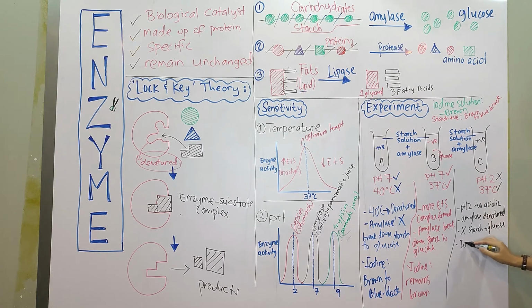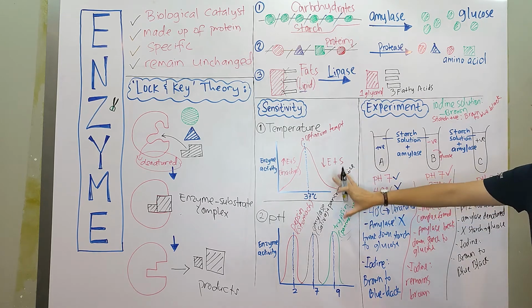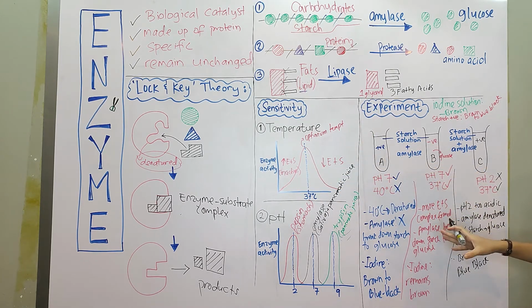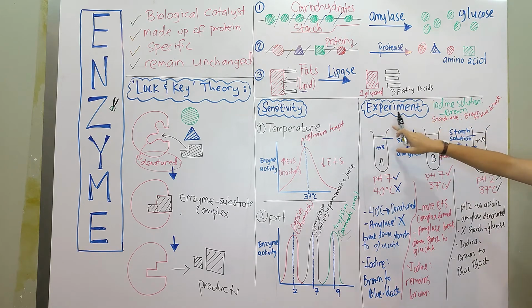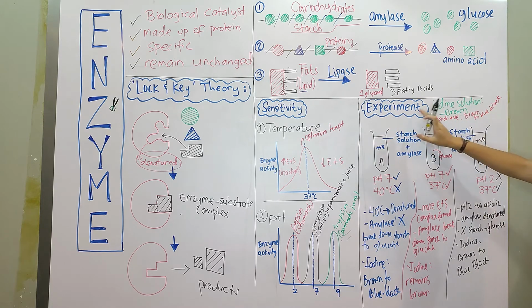So if you add iodine, what happened? It will change from brown to blue-black. Alright? So that is the experiment. That is how you answer an experimental question. If you understand this, then you can answer them one by one. Don't get stressed. I know in experimental questions, they always have a long story there, like wow, in a far away kingdom, something like that.